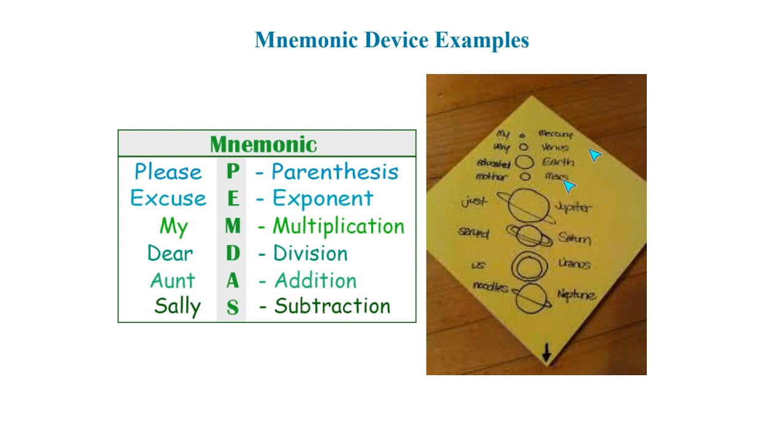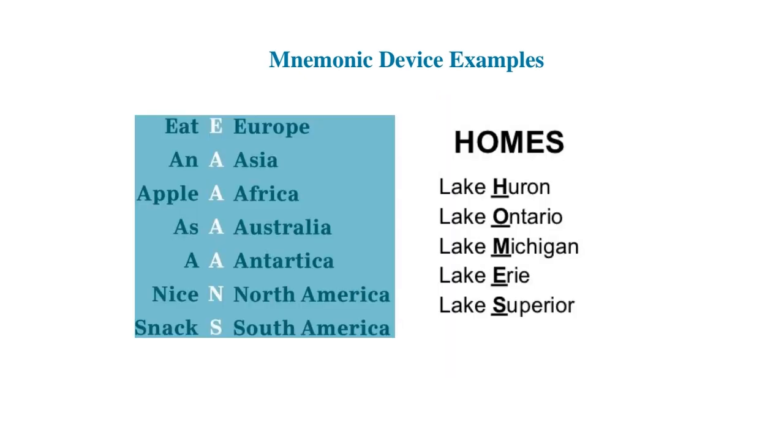Next, we're going to be dealing with the continents. Eat an apple. Eat an apple as a nice snack. Then lastly, homes for the Great Lakes. Okay? Yeah. And so, now that I've given you some regular examples,